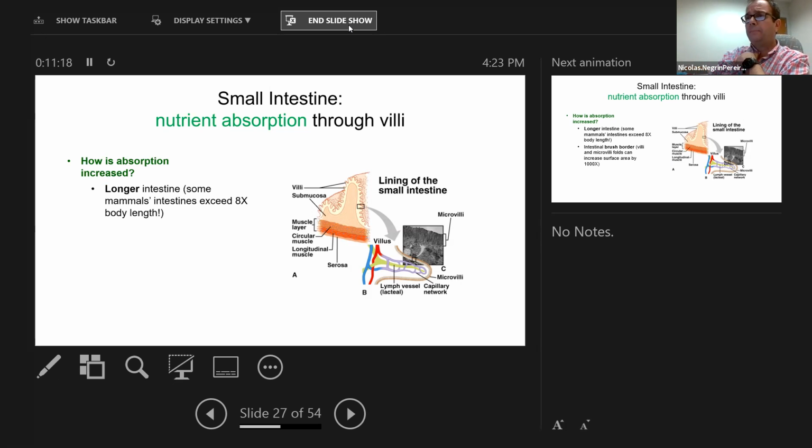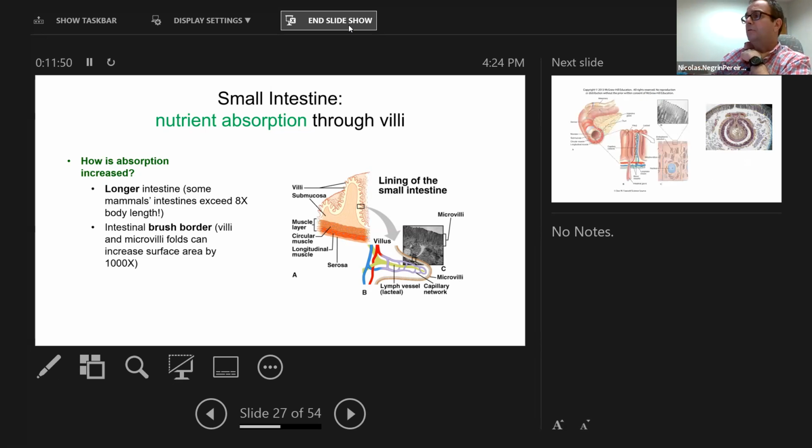Well, first of all, by presenting a long intestine that is folded many times. Just to give you an example, some mammals' intestine actually exceeds 8 times their body length. That gives you an idea of how long the intestine is. And of course, making a longer tube folded many times inside a body cavity is a way of increasing its absorption capacity. But it's not only that. There is also the microstructure, the microanatomy, which could be considered a folding of the intestine, but they also present